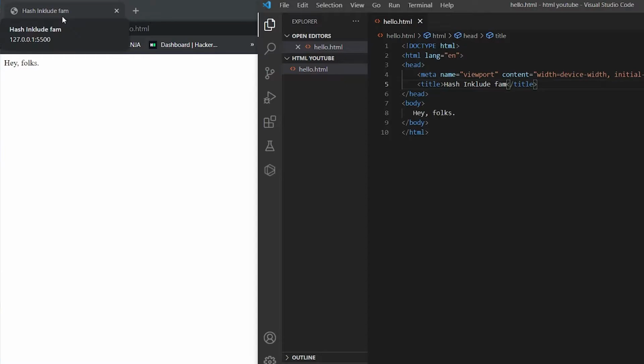Okay, so that's the reason why web development is easy to learn, because you can just start from the word go. On the very first day you can create a simple HTML application. That's very simple. Okay, so now we close the head tag and now we open the body tag. The body tag contains everything which will show on the browser, right? So in the body tag, here it's written "hey folks", so it's showing "hey folks".